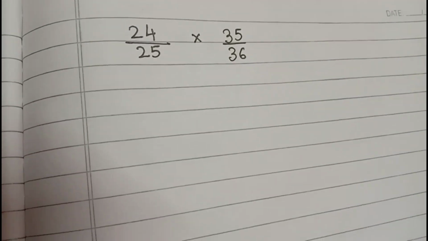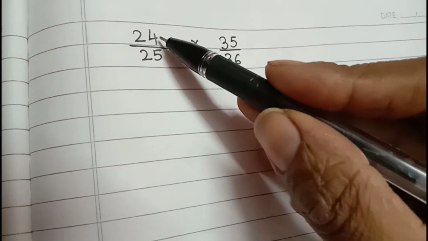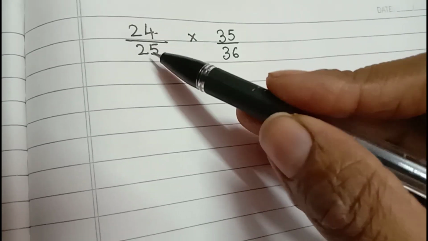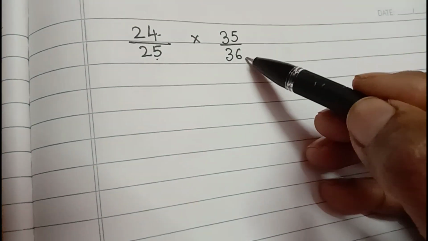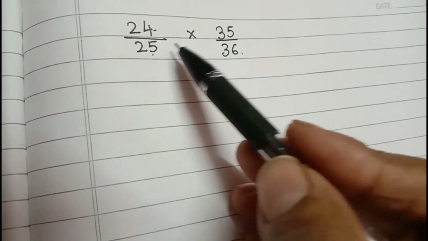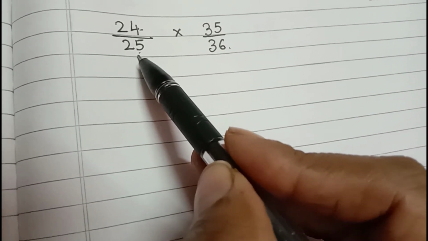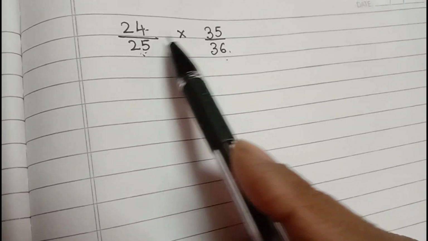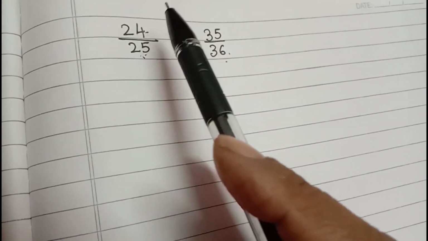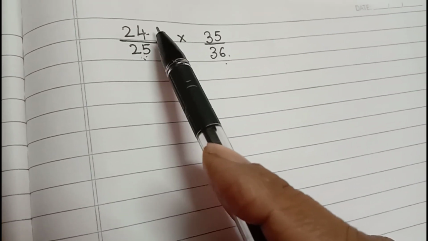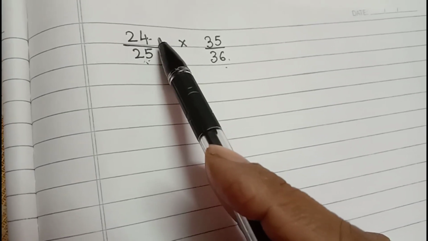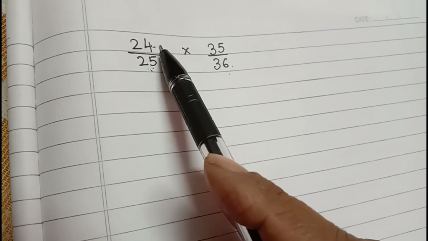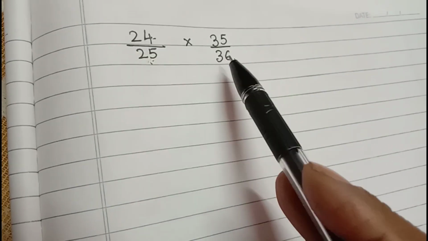Now children, see this question. Okay. In this question, we will see first 24. So 24 को किससे देखेंगे? 25 and 36 से, denominators से. 24 और 25 में कोई common factor है? No. Now children, 24 and 36 can be cancelled by 2, can be cancelled by 3, can be cancelled by 4, can be cancelled by 6, can be cancelled by 12. देखो सबकी टेबल में ये नंबर्स आते हैं.